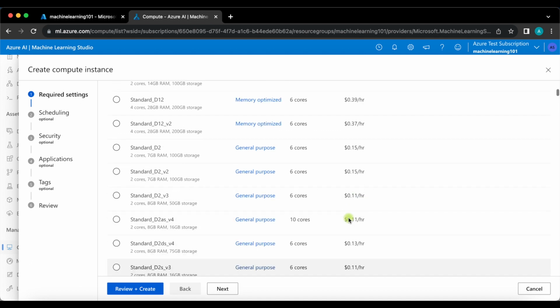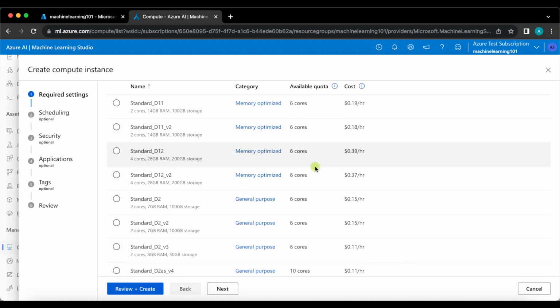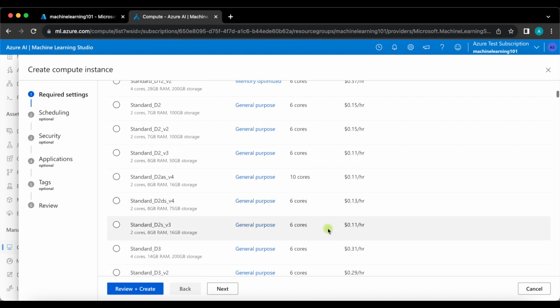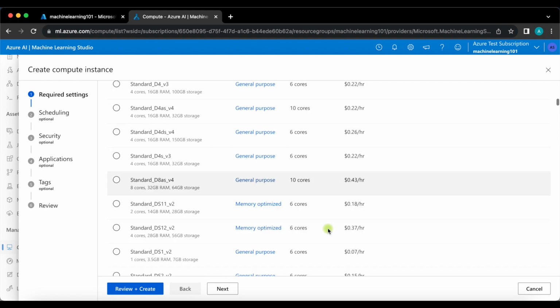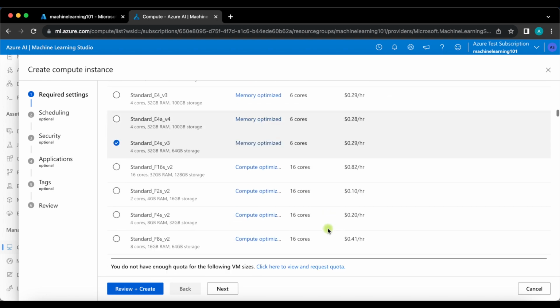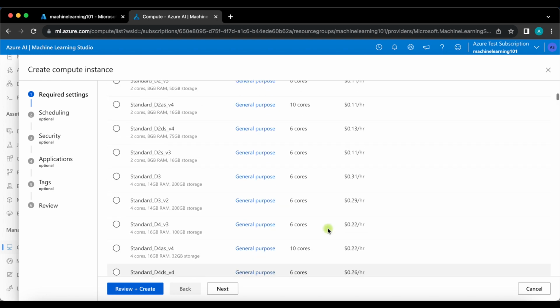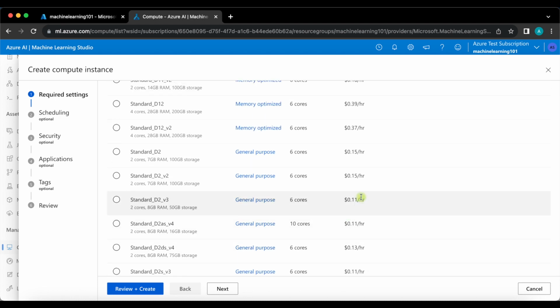So you can look at the one which you need based on what you are trying to achieve, because training your model is a complex process, and the machine should be capable of running the code, and it should be able to do all these things in the backend. So since we are just testing it out, I'm going to select the lowest one which is provided here. Let's take this one